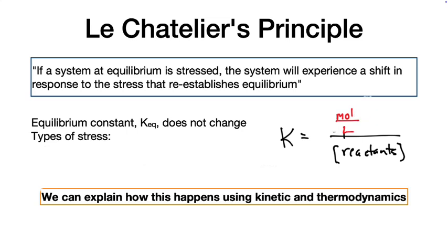Why does this become important? What we're concerned about is at equilibrium. What things contribute to the equilibrium? Concentration contributes. But what is concentration? Concentration is the number of particles, moles, and it's also related to the volume, inversely related because our volume is in the denominator. When we're trying to figure out what things are going to be stressors on the system, what we want to consider is what things affect our